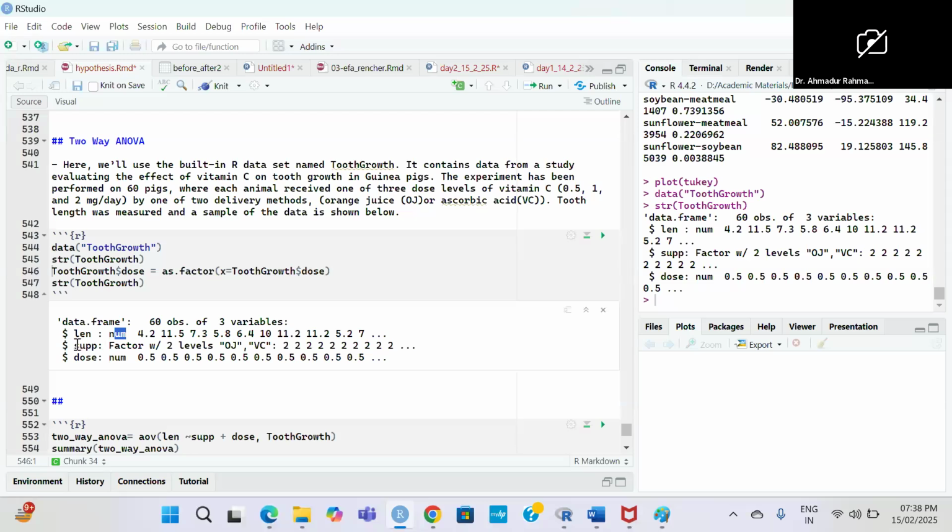देन दूसरा इज SUPP, आई थिंक ये सपोर्ट या समथिंग कुछ करके है, जो जूस दिया गया है इसको, और वो दिस इज अ फैक्टर वेक्टर, और फैक्टर वेक्टर में 2 लेवल्स हैं, दिस इज द लेवल्स OJ एंड VC। और जो डोज है, डोज भी एक्चुअली ये फैक्टर है, लेकिन यहाँ पे जो कि 0.5, 1 और 2 mg दिया गया है। सी दिस 0.5, 1 एंड 2 mg पर डे। सो 3 अलग अलग ग्रुप बनाए गए हैं।